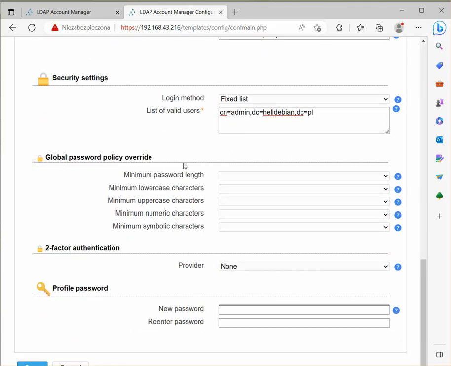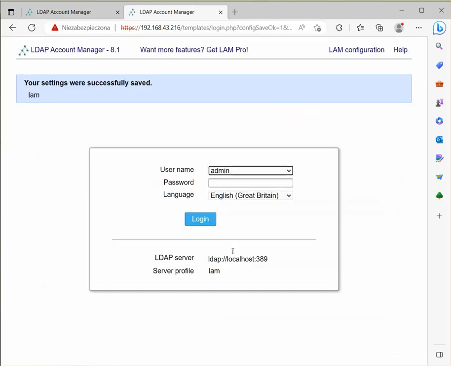Global password policy. Two-factor authentication we have as well. And the profile password, so you can choose another password because the default is lam. So I'm gonna save everything. And to go inside the account manager, you will need to input the first password that you actually chose when you started to install slapd. So,